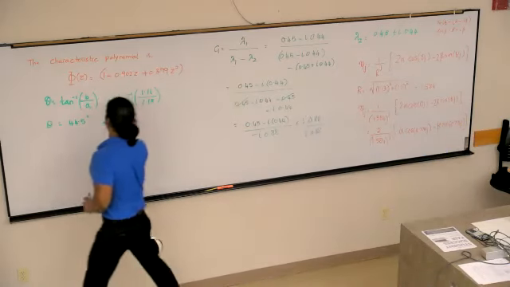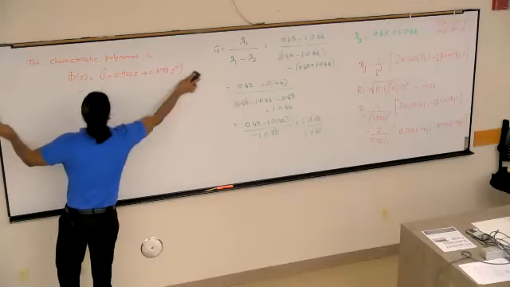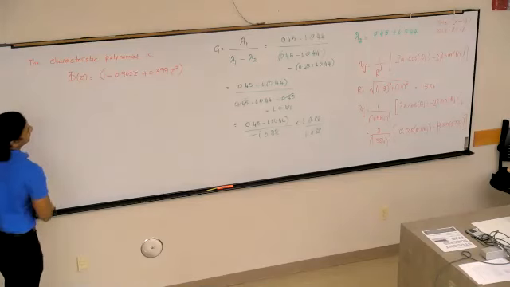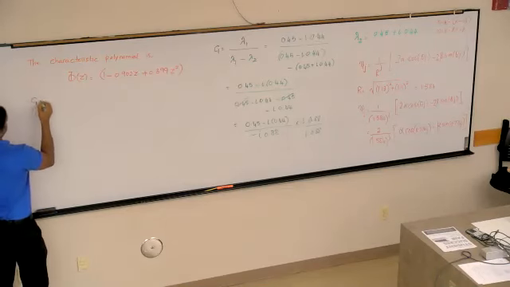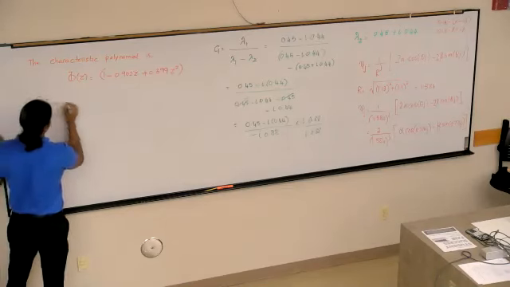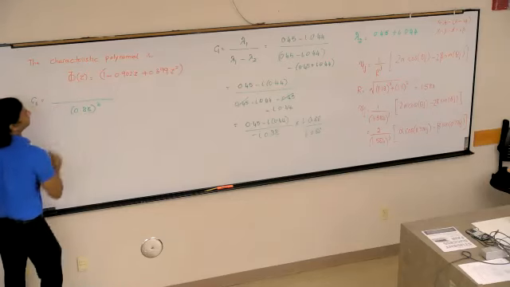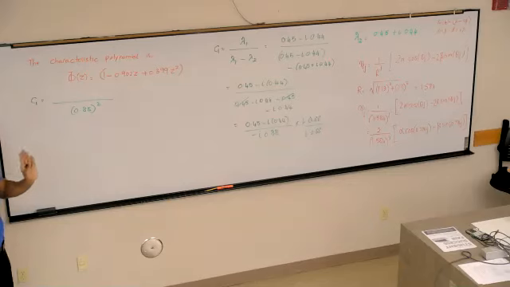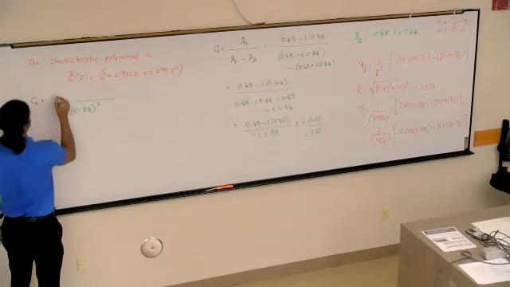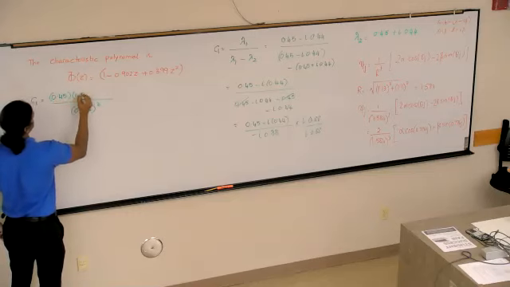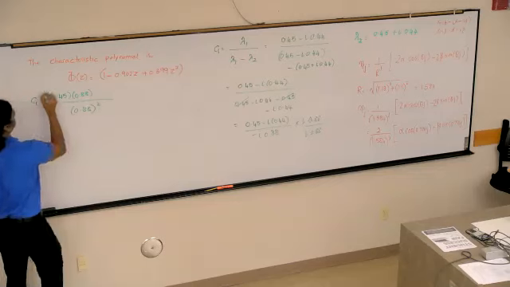Good. Let's see. What is the denominator? It'll simply be 0.88 squared. Distribute the I times 0.88. We will have 0.45 times 0.88 multiplied by I